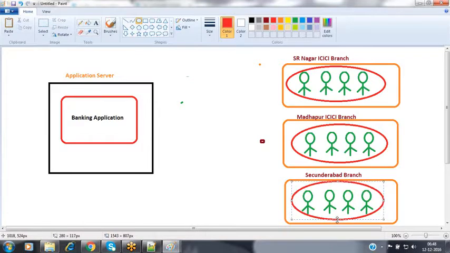Now there is a LAN network available. This is the LAN network that we have.